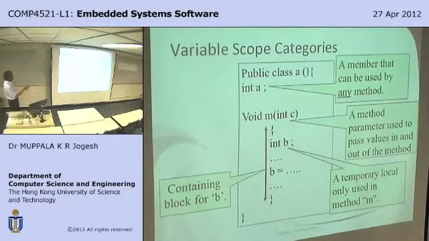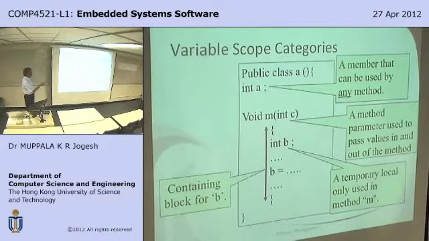So the scope is only within this block of code. Once the block of code exits, b is no longer available. So the variable b will consume memory only between the time the method enters until the time the method exits. But if you declare a variable like this